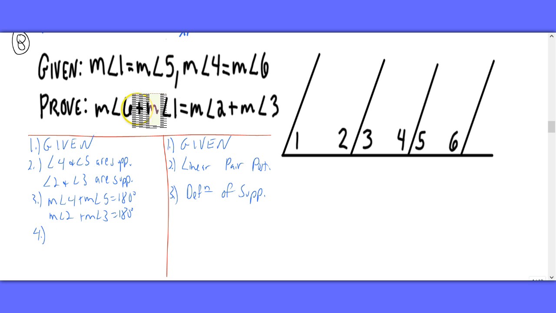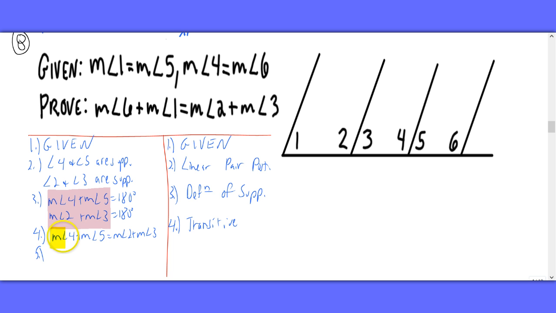Next, since this equals 180, 180 equals this, then I could say that the measure of 4 plus the measure of 5 equals the measure of 2 plus the measure of 3, and that is the transitive property. Now it's not quite what we're trying to prove. However,